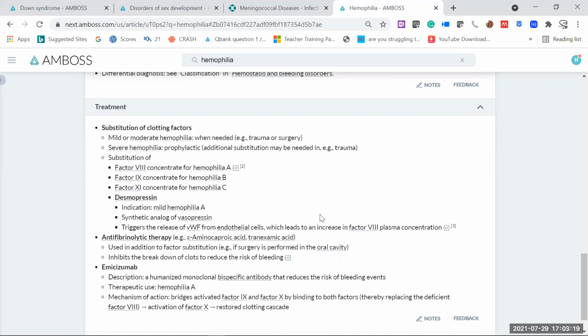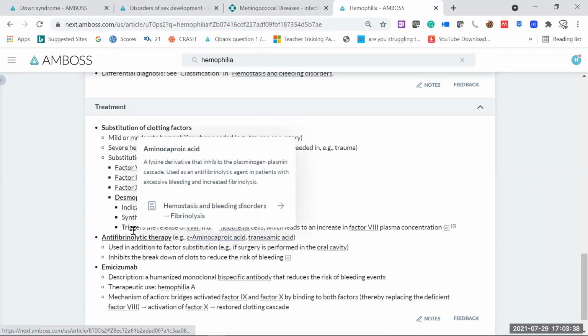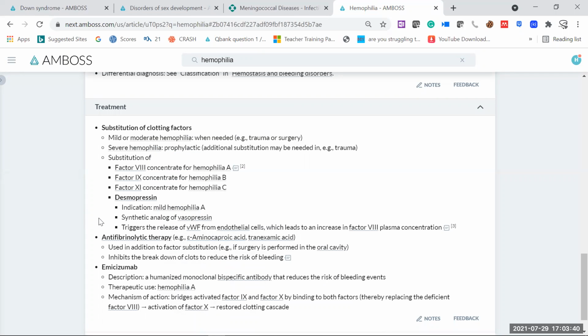It's one kind of vasopressin, and we will give desmopressin especially in case of a hemophilia A patient. What is the normal mechanism of action of this desmopressin? It triggers the release of von Willebrand factor from the endothelial cell, which leads to an increase in factor 8 plasma concentration. So this von Willebrand factor is another factor that is going to convert into factor 8. So if factor 8 is directly not there in the patient's blood, but von Willebrand factor of course is there,